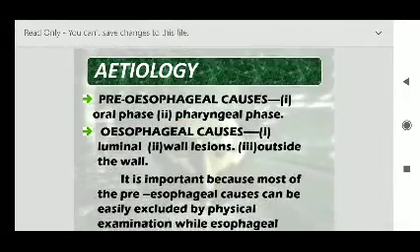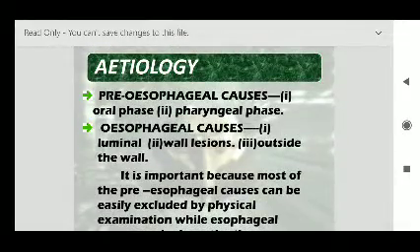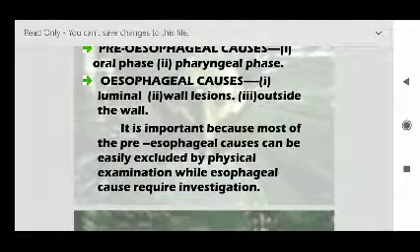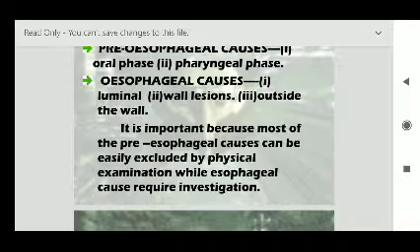Come on to the etiology. So you can classify dysphagia into pre-esophageal causes, that is the oral phase of deglutition, the second one is the pharyngeal phase of deglutition, and also esophageal causes, where the luminal wall lesions and outside the wall lesions are the most common causes. So it is important to note, because most of these pre-esophageal causes can be easily excluded by physical examination, while esophageal causes